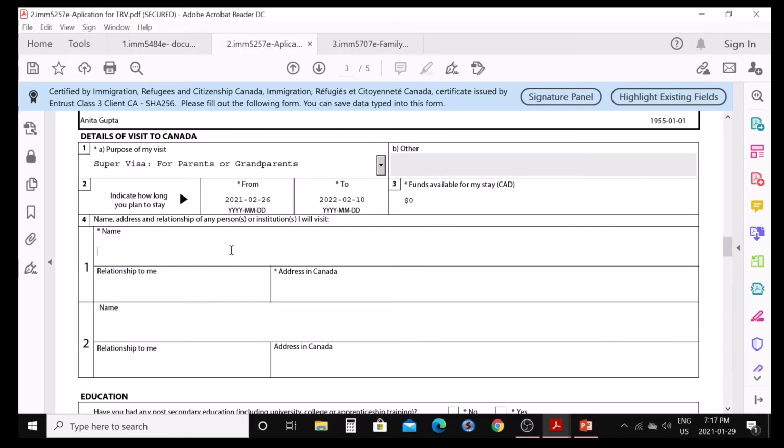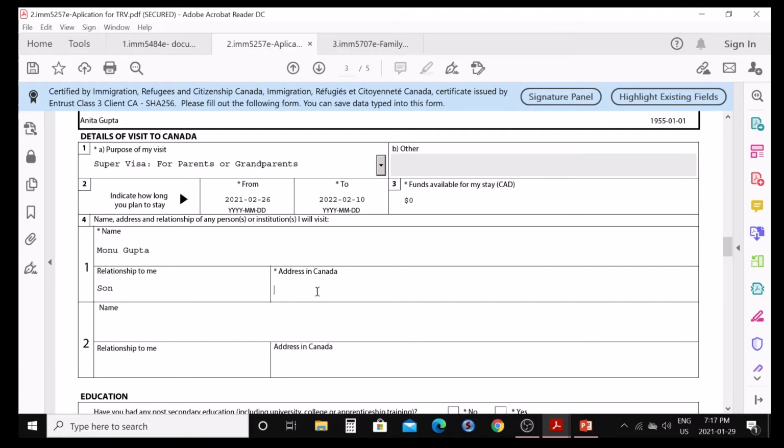Suppose you are visiting your son, so you can write here, I write anything here, Monu Gupta. What is the relationship here? Son or daughter, or address in Canada.